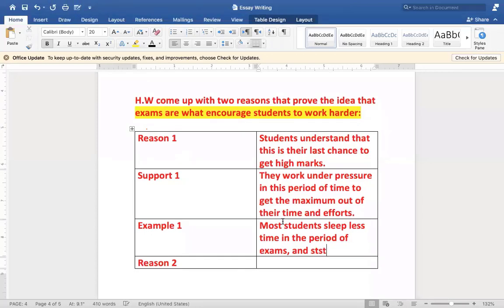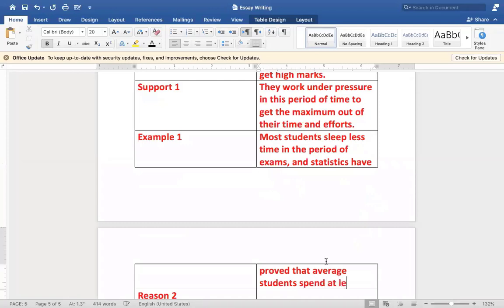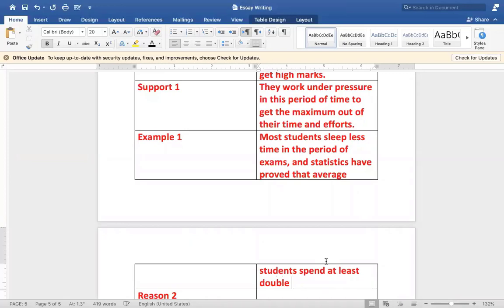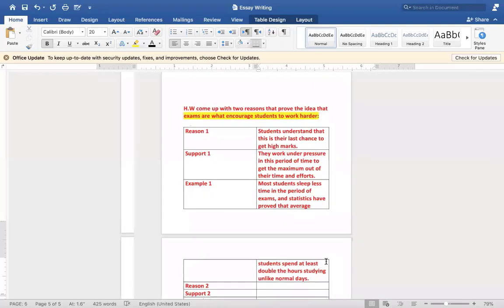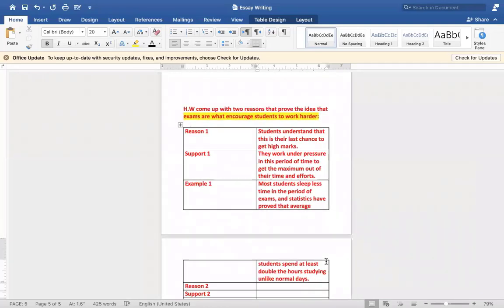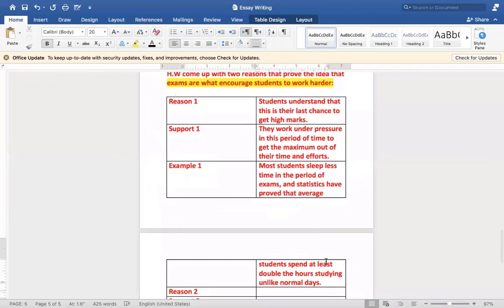Statistics have proved that average students, اللي هو الطالب المتوسط, spend at least double the hours studying unlike normal days. يعني اقل واحد بيقعد وقت اكتر يذاكر، يعني لو مثلا بذاكر في اليوم العادي ساعه، انت هتذاكر ساعتين. ده يعني اقل حاجه، صح ولا غلط؟